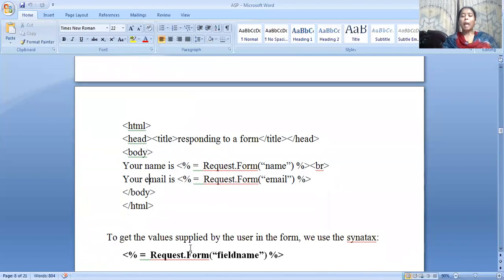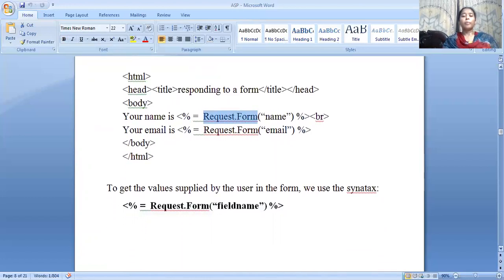This can happen by using the predefined word called request dot form. If you observe here, I'm using request dot form. It is a predefined method to retrieve the value from the browser.